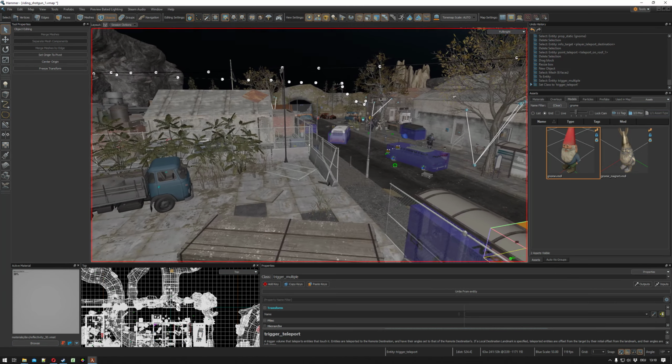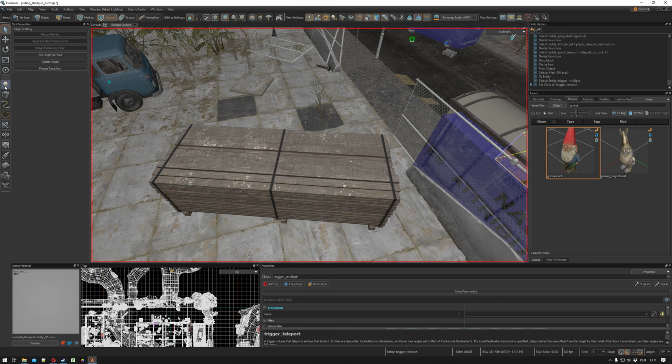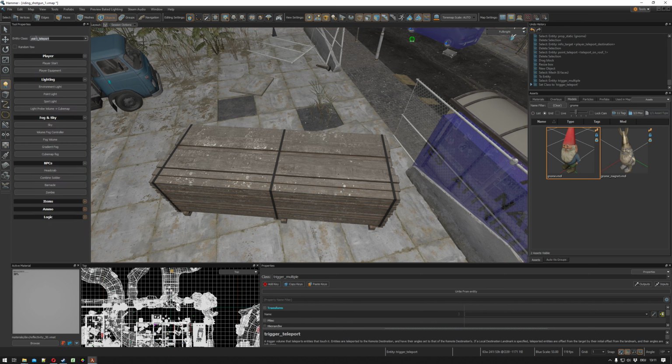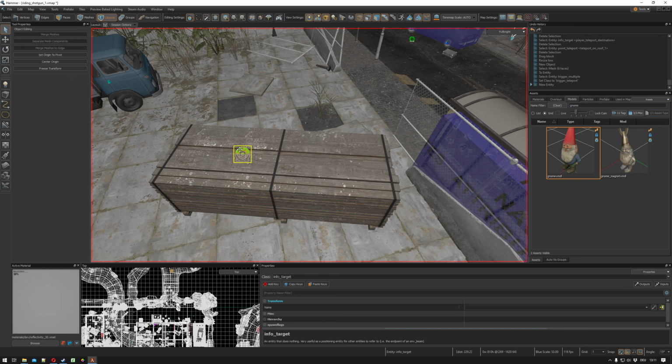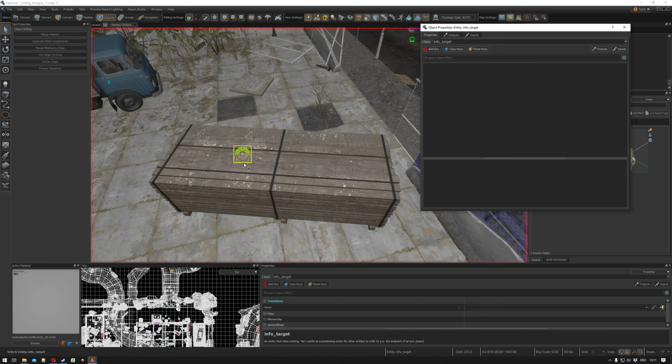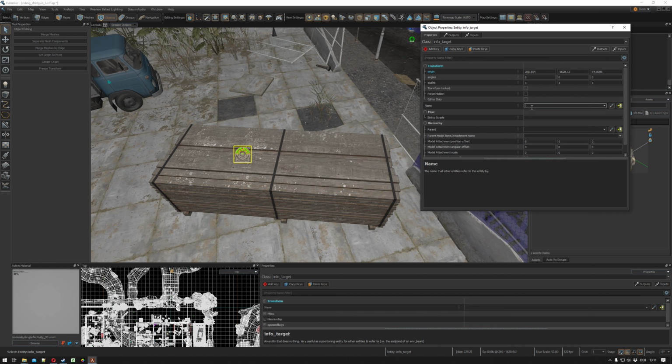So for this, I just go into my entity tool and I am looking for a target, an info_target. Just put it here. This is the location that I want the entity or the player to teleport to. I go into its properties and give it a name. So, for example, teleport location 1. I copy this string